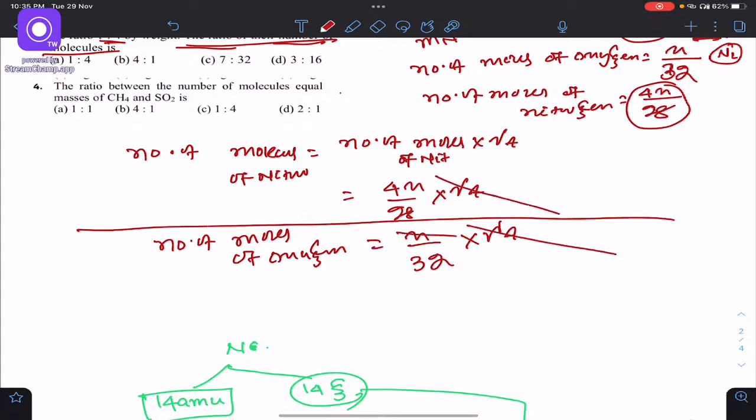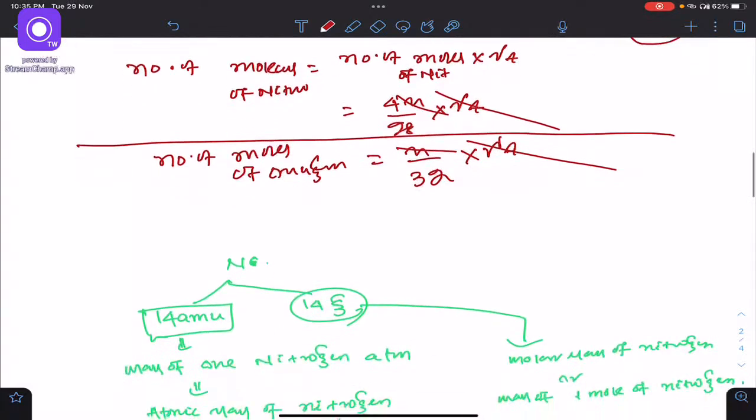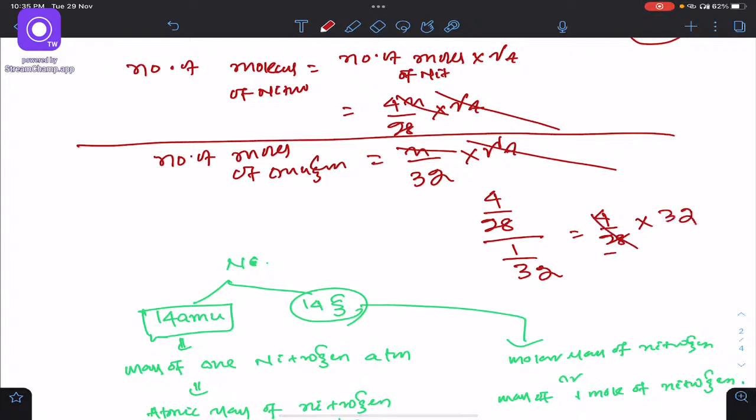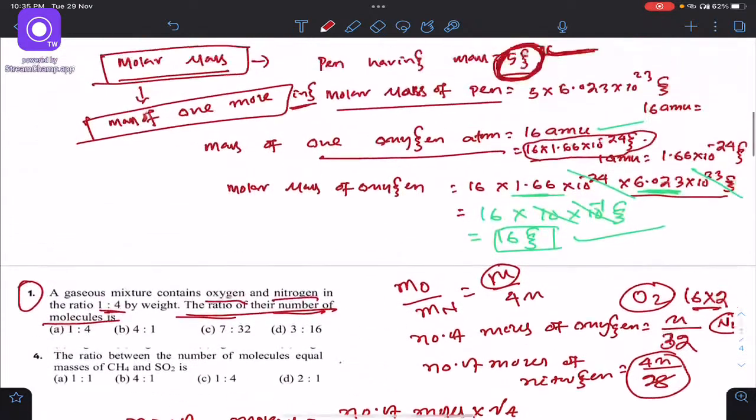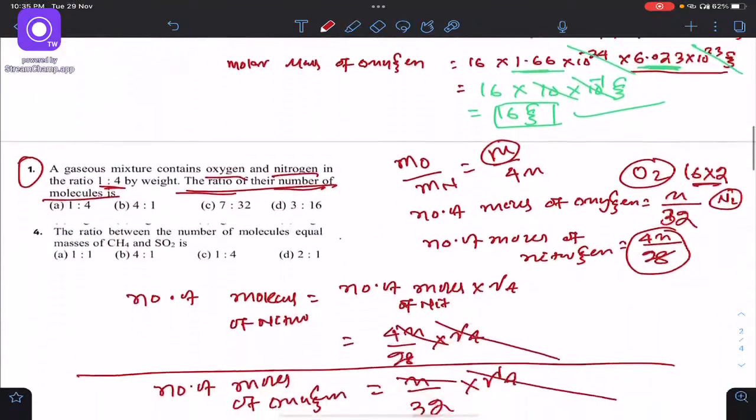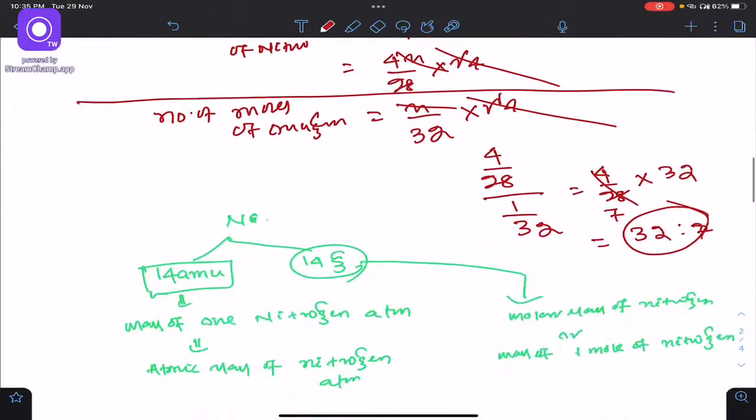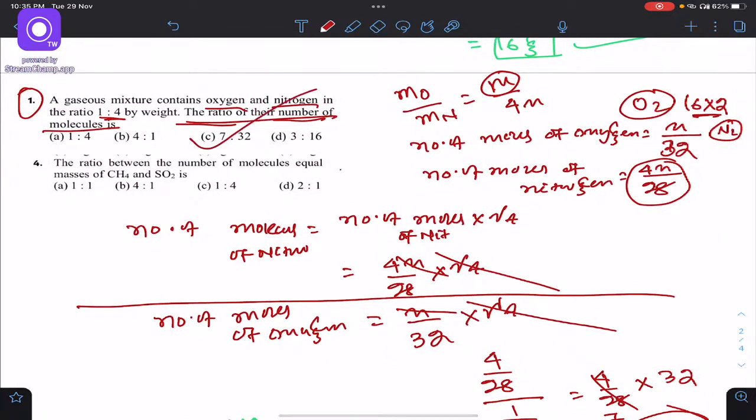Na cancels, x cancels. Look, 4 divided by 28 divided by 1 upon 32, which equals 4 upon 28 into 32. So this 7, so 32 is to 7. Okay, so 7 is to 32, because number of moles of oxygen divided by number of moles